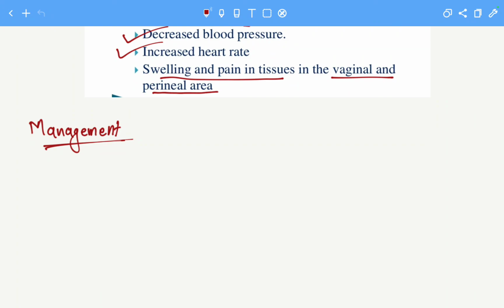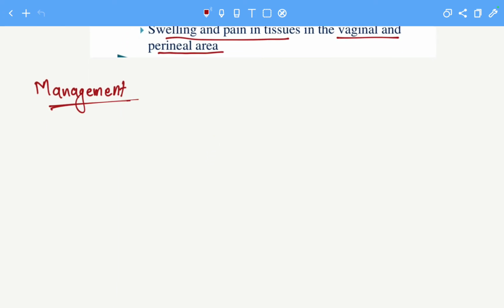Now let's talk about the management part. Okay, how do we manage the case of PPH? Okay, this is very important. The first thing